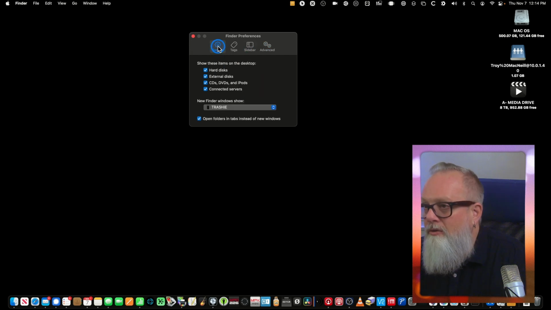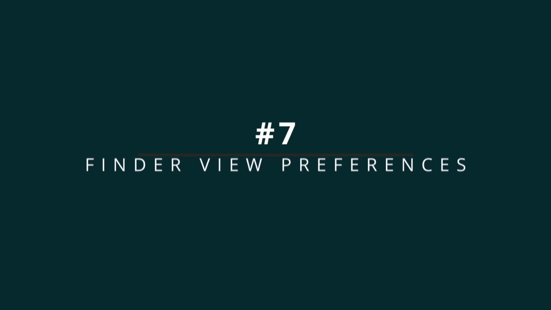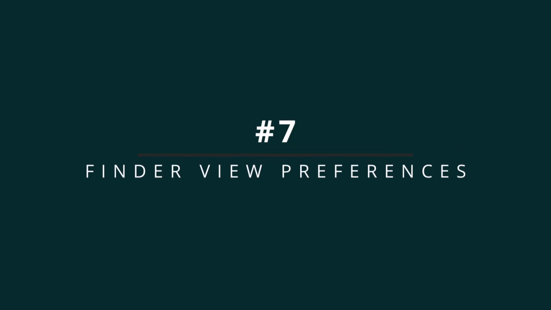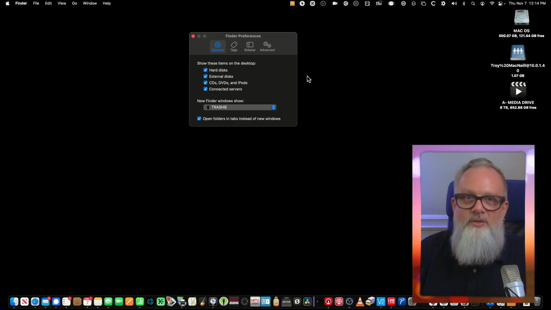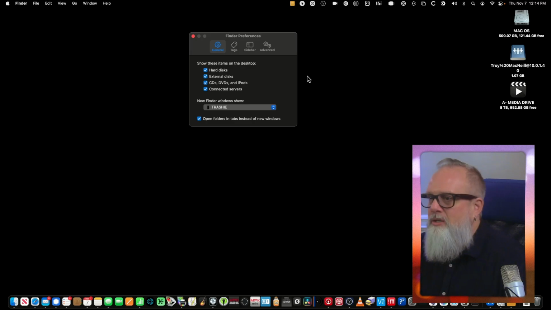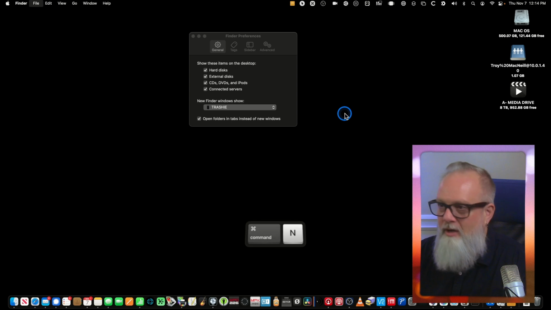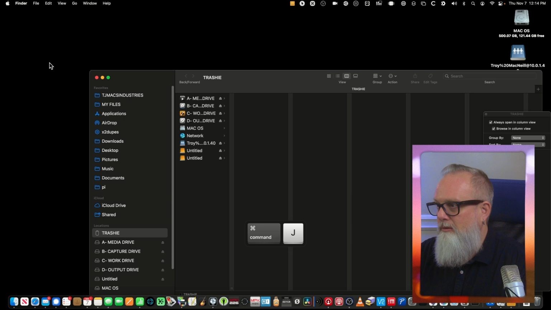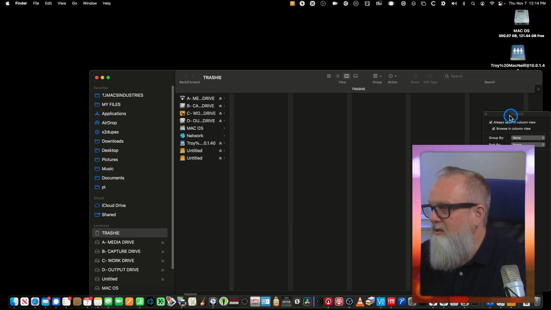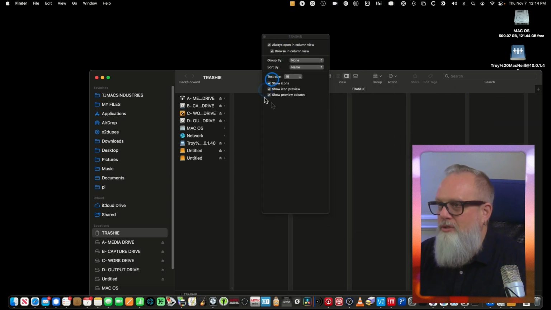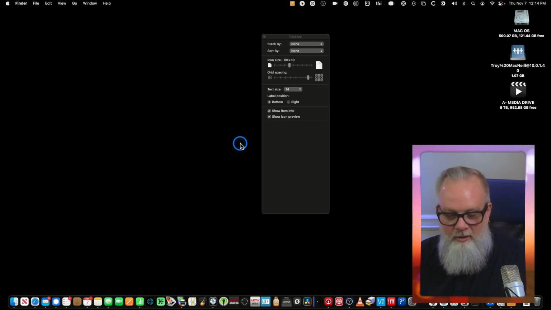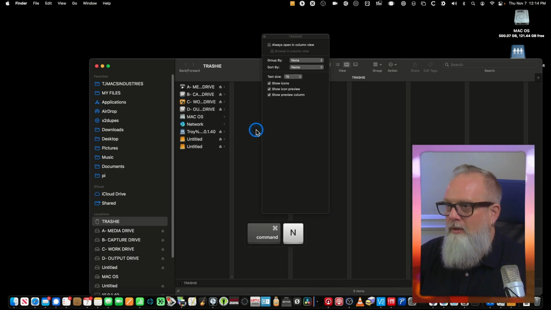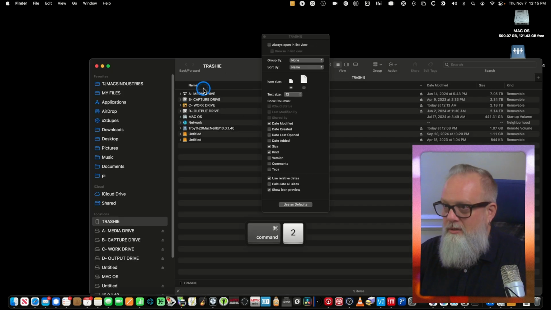Moving on to number 7. This is Finder prefs column view and switching with list view, okay? So now when we open a new Finder window and we Apple J, this is going to give us view options for when you open a window, okay? So here I was in column view and now I'm going to go to new. Still going to be in column view, but if I switch to list view,